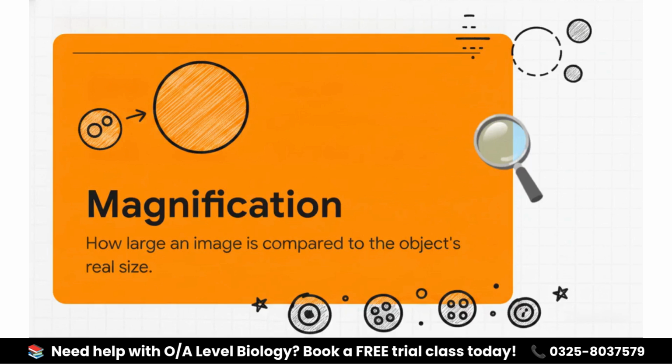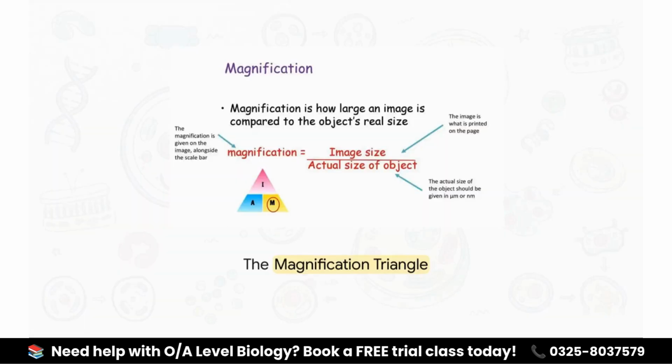The most important thing to remember here is the distinction. Image refers to what is printed on your exam paper or the screen right in front of you, while actual is the real-world microscopic size of the biological specimen. And here is your ultimate cheat code for these calculations, the magnification triangle. With I at the top and A and M at the bottom, it guarantees you will always set up your